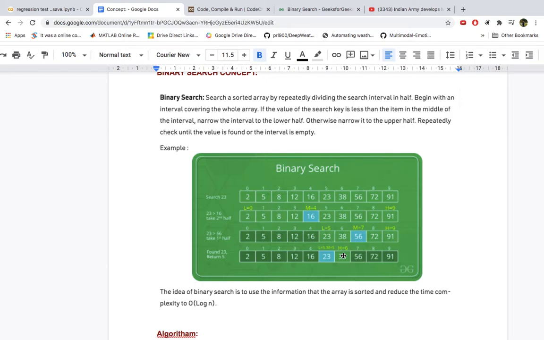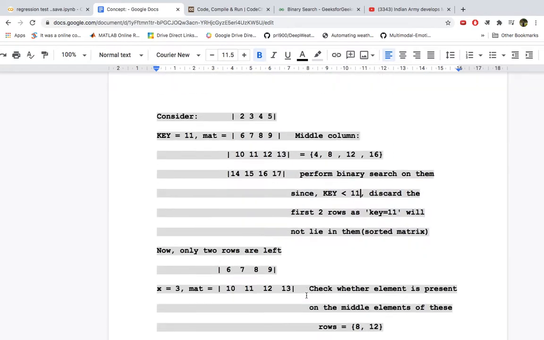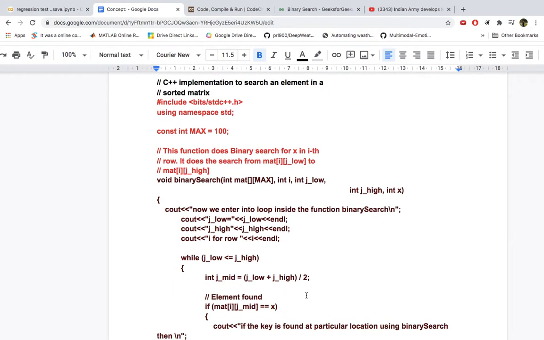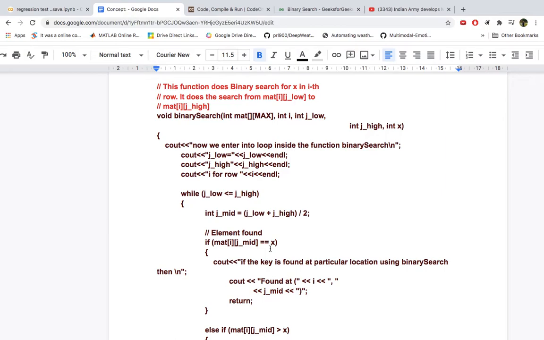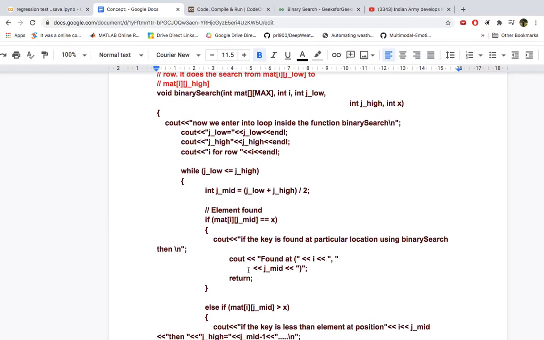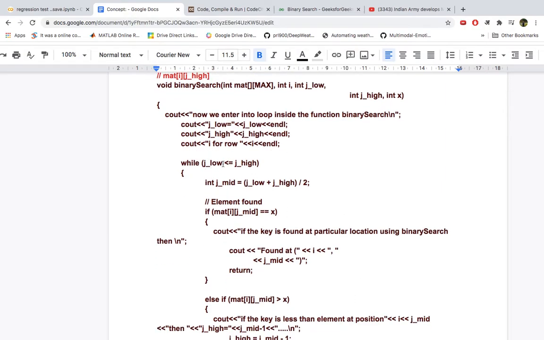If we do linear search, it takes n time, but if we do binary search, it divides by 2 each time, that is log n base 2. So finally we find mid as 5, and then we compare it with the element and we get the mid value. You can see in the code also how it works. Of course this is for a 2D array, but first I'll show you how it works in a single array as we saw.